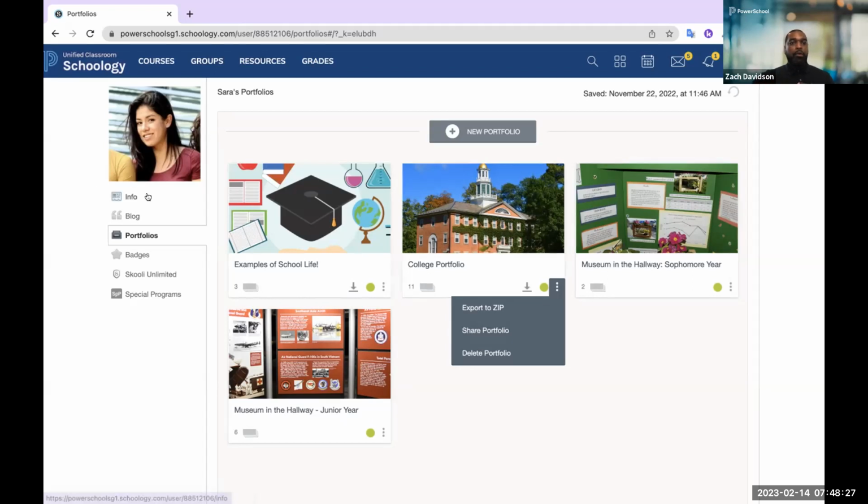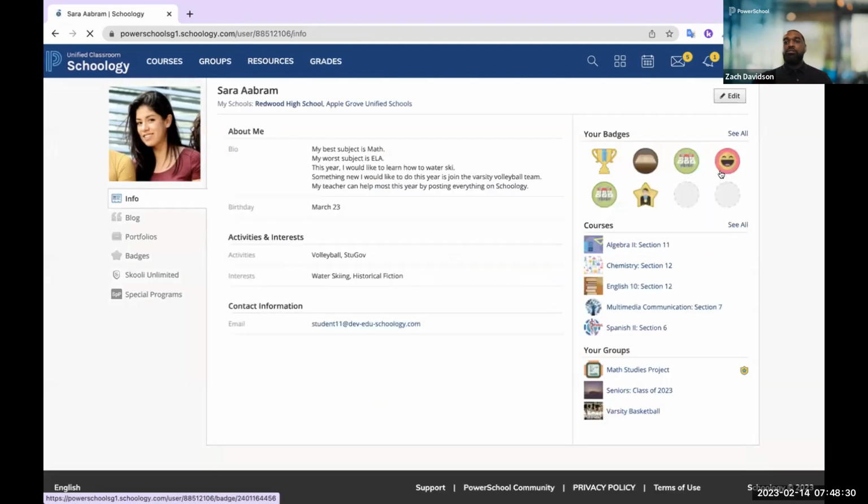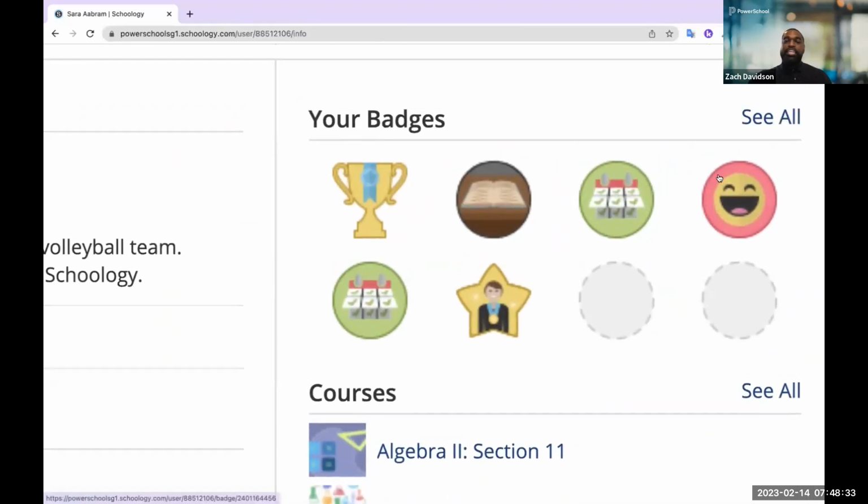While we're here in the student profile, I'll also highlight here the Schoology badges. Teachers can either leverage Schoology badges or create their own to engage students. And very often what we see is teachers using these badges here to incorporate almost a gamified classroom in itself. Students themselves love showcasing their badges to other students and almost making it a competitive effort there that, again, allows them to engage with the course in a very different way, but one that allows the student to almost emotionally become engaged with the course in itself.